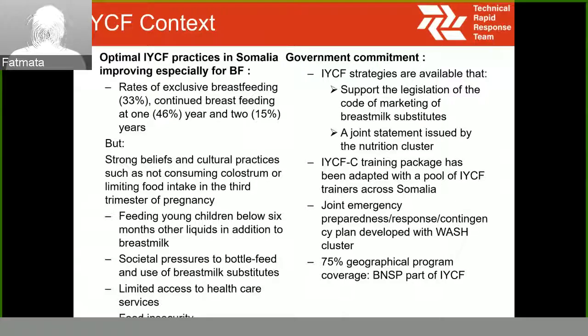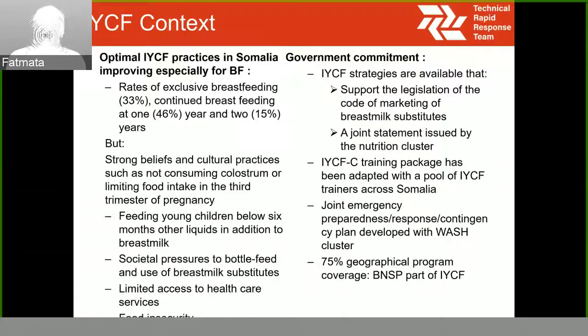But also, as an interim measure, the government has signed the interim policy on breastfeeding, which we hope will push things forward. A joint statement has also been issued by the cluster at the onset of emergency, to help provide the framework with which our key partners, as well as ministries and donors, work in terms of donations, as well as promoting infant and young child feeding.